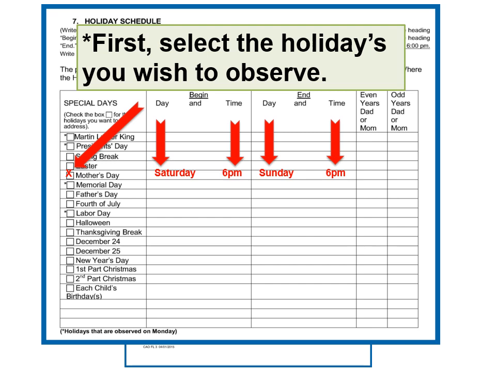For Mother's Day, we know it always falls on Sunday. So for example, we can say beginning on Saturday and ending on Sunday. For the 4th of July, it will always be on the 4th of July, regardless of what day of the week it falls on. So we would identify that as July 4th on our holiday schedule.